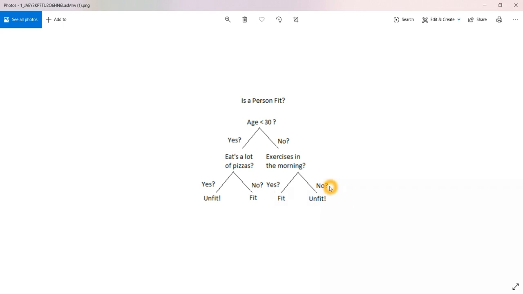So a decision tree works on the principle of yes or no type questions. The name itself says it takes decisions on particular parameters to classify the data with yes or no type questions. In that way a decision tree works.